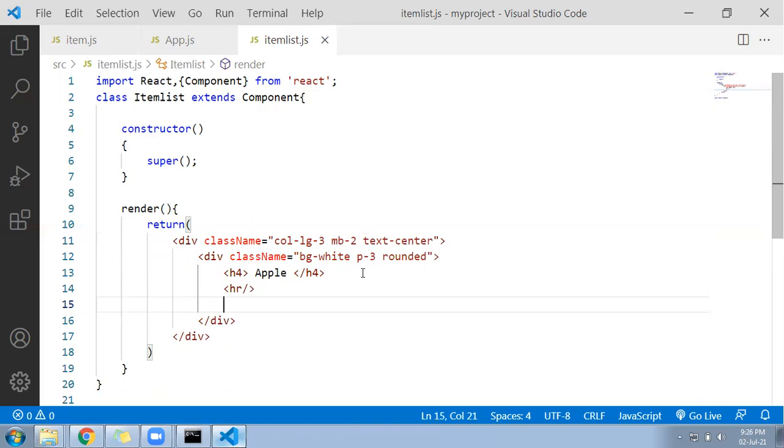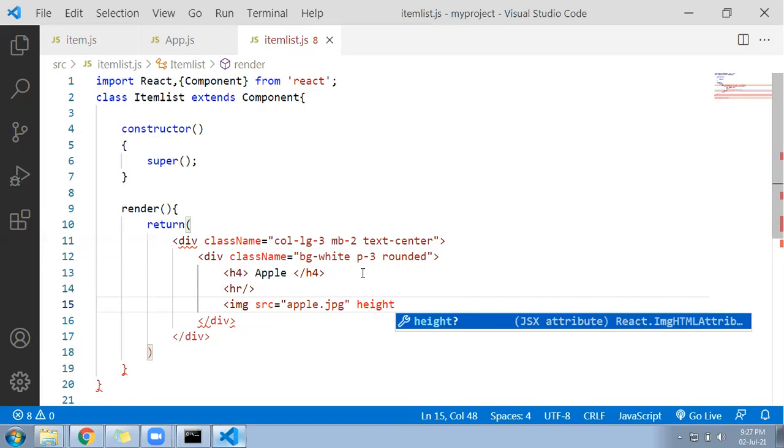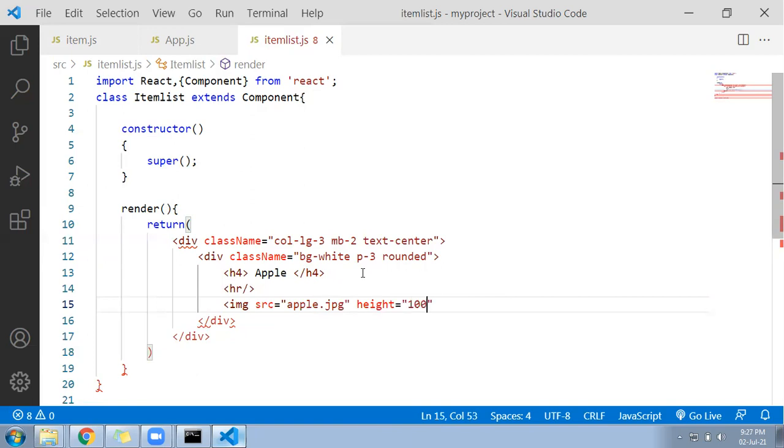After that, I'll print one photo: img src equal to, guys, in my public folder I have put some photos, for example apple.jpg. After that, let me keep some height for this apple equal to 100.